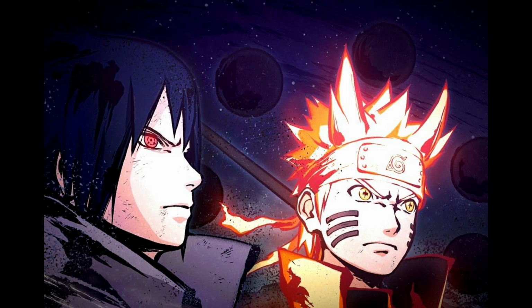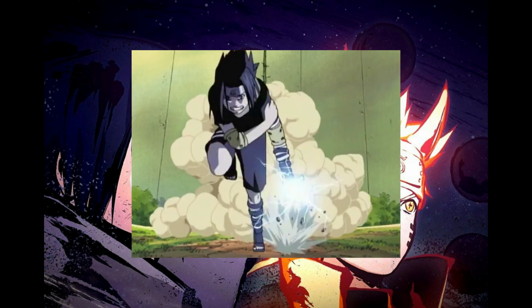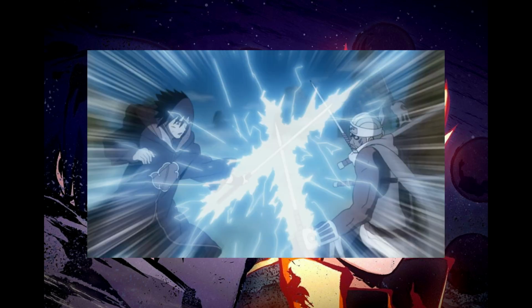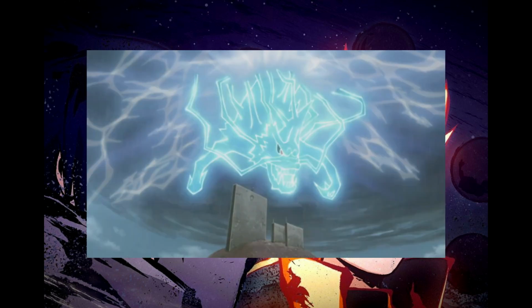Number 1 of course goes to Lightning Release. Lightning Release is the most practical and flat out the strongest nature transformation. Only slight shaping of the element changes its function drastically, going from Chidori, which is a melee cutting blade, to Chidori Spear, which is a ranged cutting blade. You also have its application in weapons, making it able to cut through steel kunai, even making pencils sharper than Wind Release, which is, in case you forgot, the only reason Wind Release would be used. Well, mostly at least. And if that's not enough, you also got some of the coolest looking jutsu like Kirin,